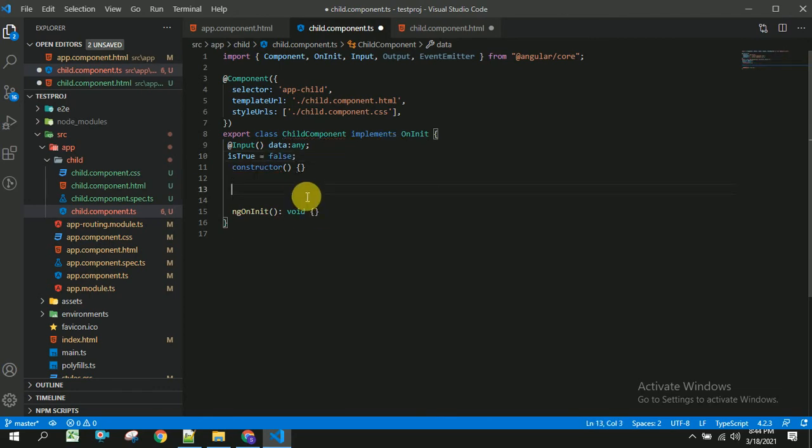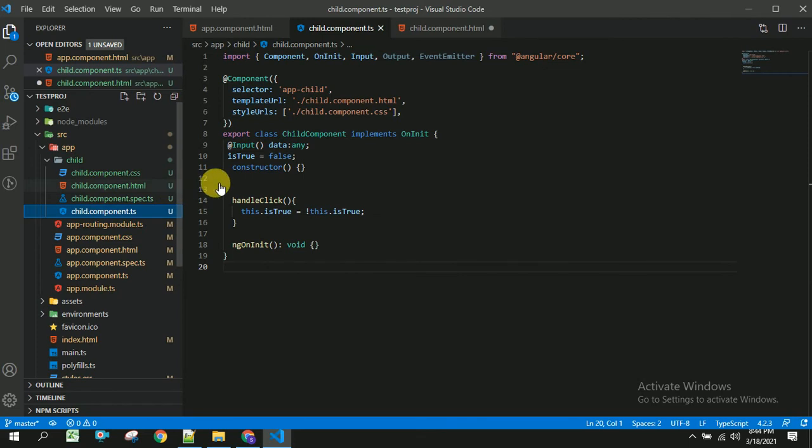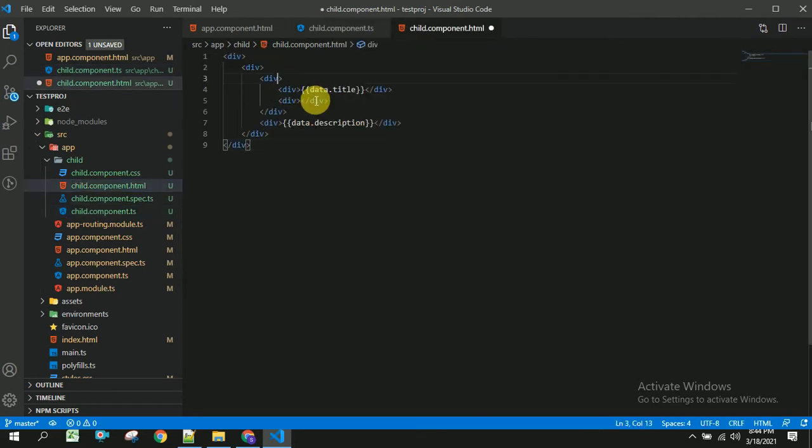Now based on the user click, handle click, this boolean value will be changed. So inside our child component, once user clicks on this div, this event will be fired.